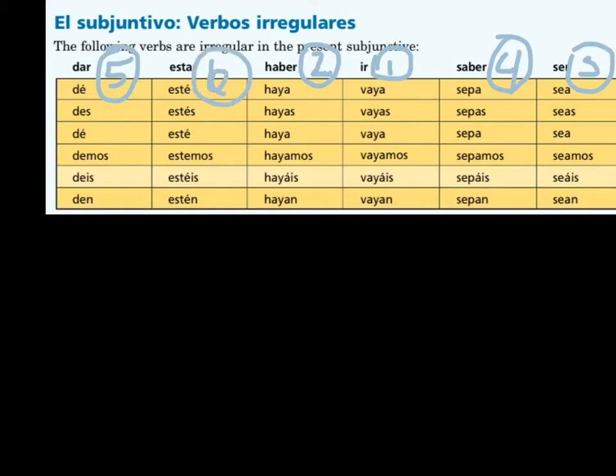Okay, and then it just has them in all their different forms. So yo form, tú form, él, ella, nosotros, vosotros, and ustedes, ellos, ellas. Okay, so just know that these 6 verbs are irregular in the subjunctive form, just like they were irregular in